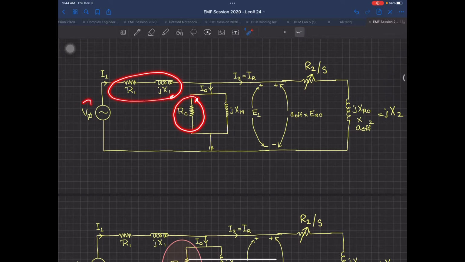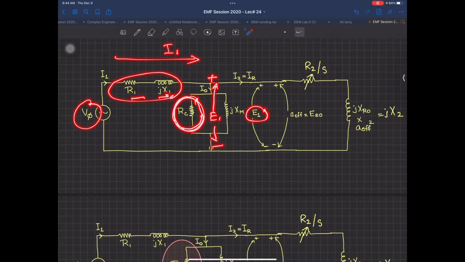So this means that this V phase and the voltage at this terminal, which is actually E1 over here, is also constant. When this is constant, the core losses are relatively constant. Even if R1 and jX1 have small values, whatever amount of current I1 flows over here, this voltage E1 will remain the very same, maybe just a 0.5 or 1 volt difference. Overall, the current flowing inside the magnetizing branch will remain the same, not that much change.